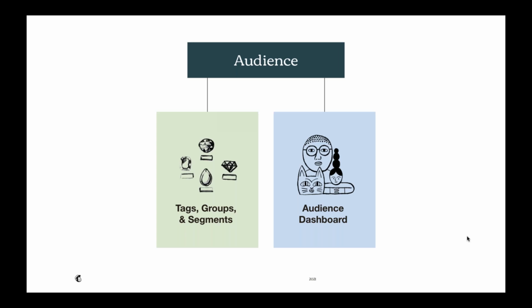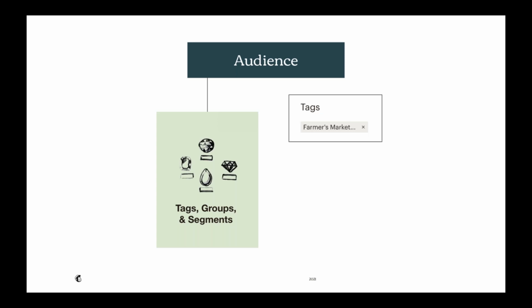Then tags, groups, and segments, as well as your audience dashboard, will help you to organize and target your audience more effectively. All of these tools can help you build and grow your audience structure. However, each of these work in slightly different ways. So let's talk about that. First, tags are internal insights about your audience that you add to MailChimp to help organize your contacts. And these are customizable labels that you create for your contacts based on information outside of what MailChimp already collects, like who volunteers to help out at your events or who your media contacts are could both be tags.